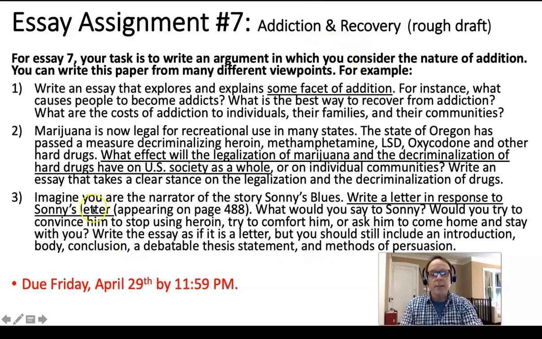And if you wanted to turn Sonny's letter into a letter to an actual real person, a friend, a family member, maybe somebody from the past you wish you had written to, you can definitely personalize this as long as you follow the structure of an essay and you make it in letter form, "Dear so-and-so," and then you still have an introduction, like why are you telling them this, and a thesis, give an opinion, and then give them lots of good reasons too. So you could do this more personalized if you wanted to.